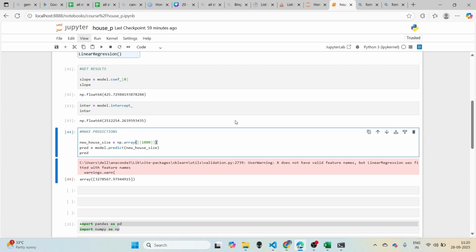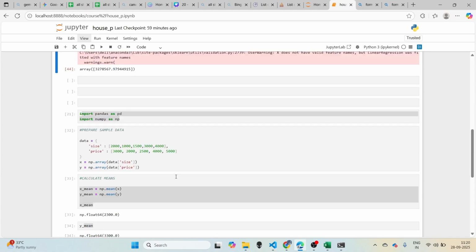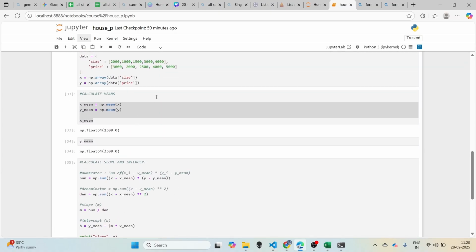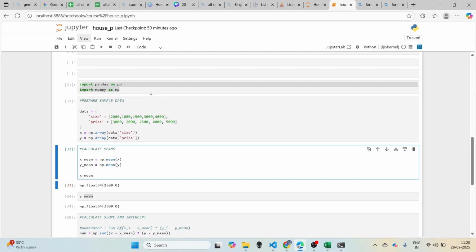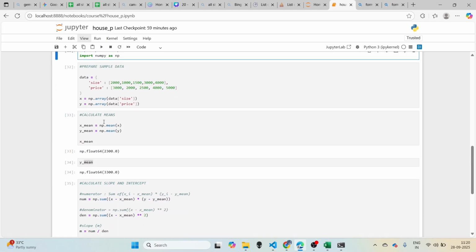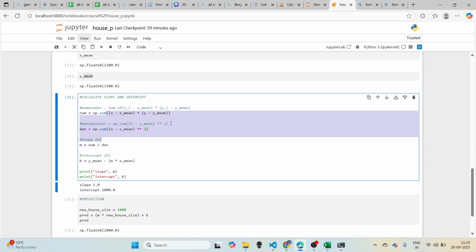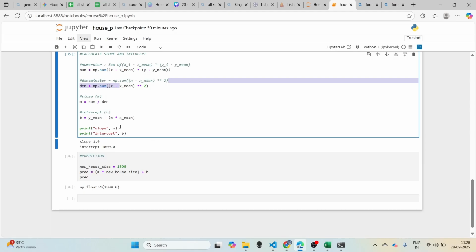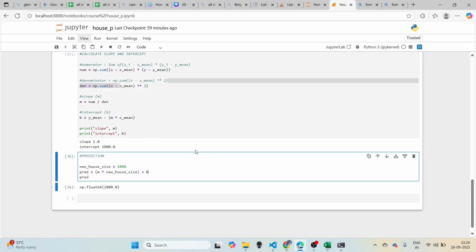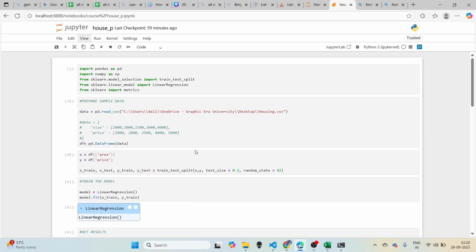This is the simple way to predict and how to use the model for the prediction. And we also saw the same model without using sklearn. We calculated the mean, then calculated the intercept and the slope using mathematical formulas, and predicted the value. So now moving forward to our presentation again,